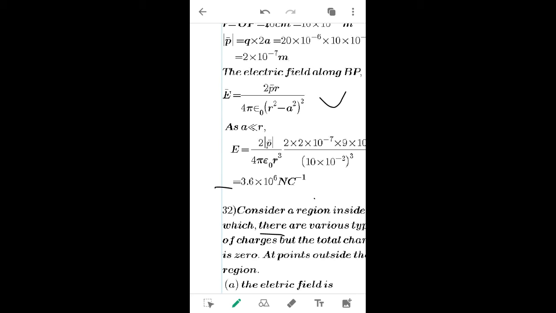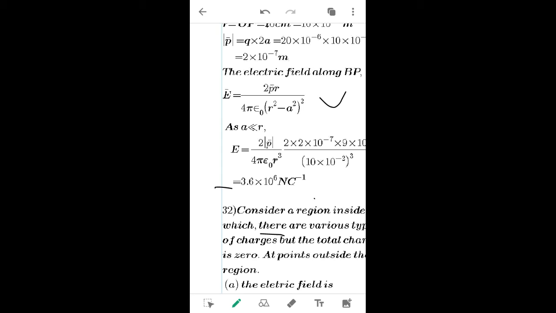So we get the equation after deriving a number of steps, 2pr by 4 pi epsilon naught (r square minus a square) whole squared. So here, as a is lesser than r,